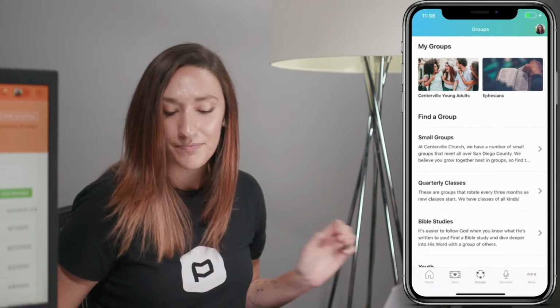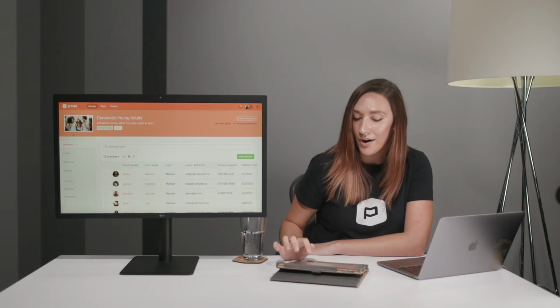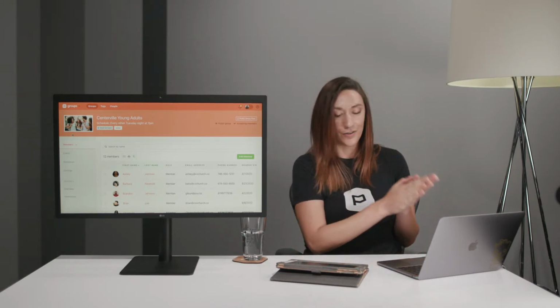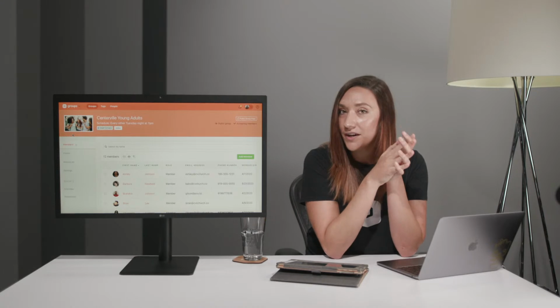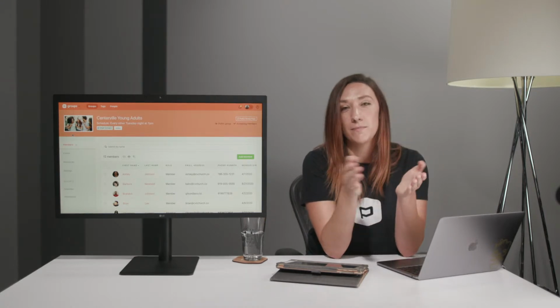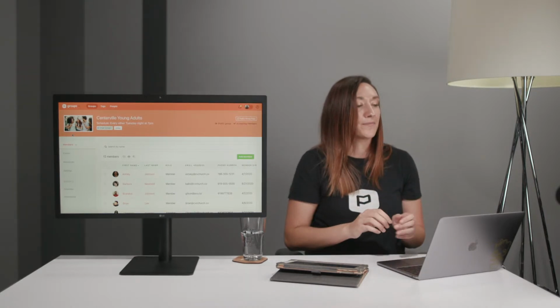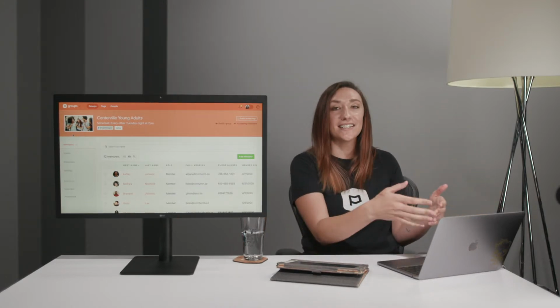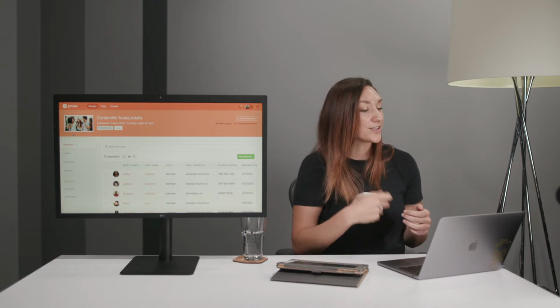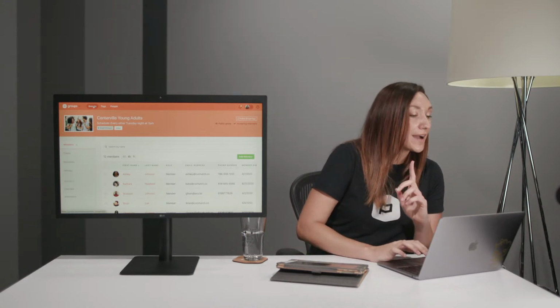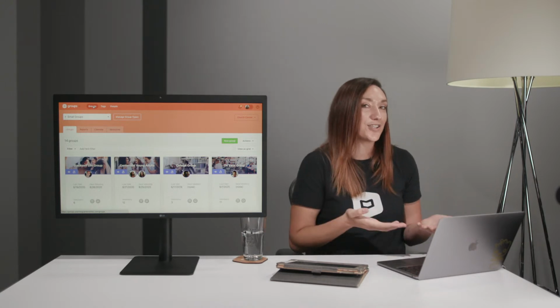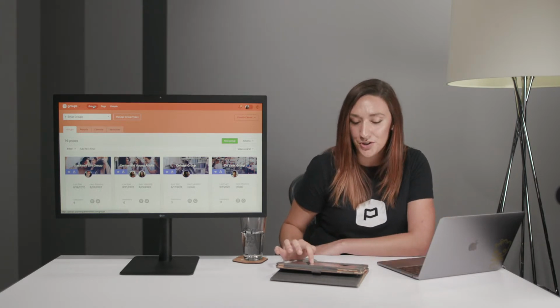So I think that's about it for groups messaging and attendance and all those good things. So the last thing I want to cover is things that you as an administrator are going to want to see after everything's created, your groups are meeting, there's data, there's attendance, there's messaging, all good things are happening. I'm going to go back to our groups page and just show you some of the reporting tools that will help give you a gauge on how things are going with your church.